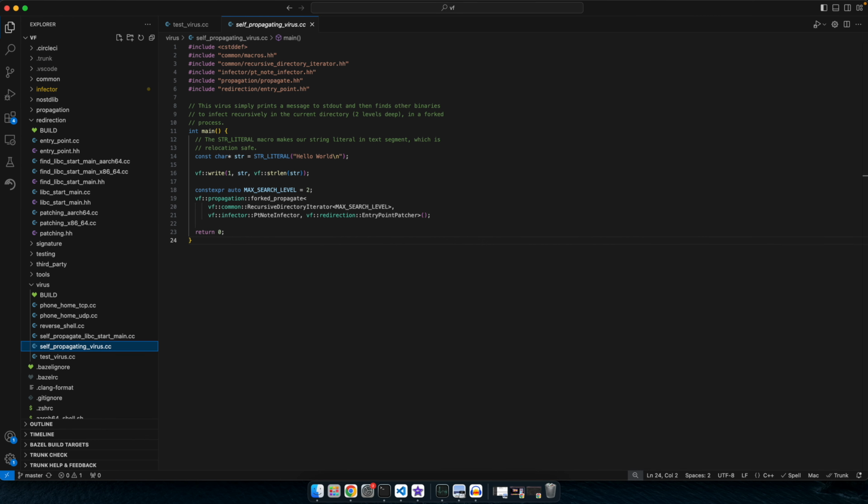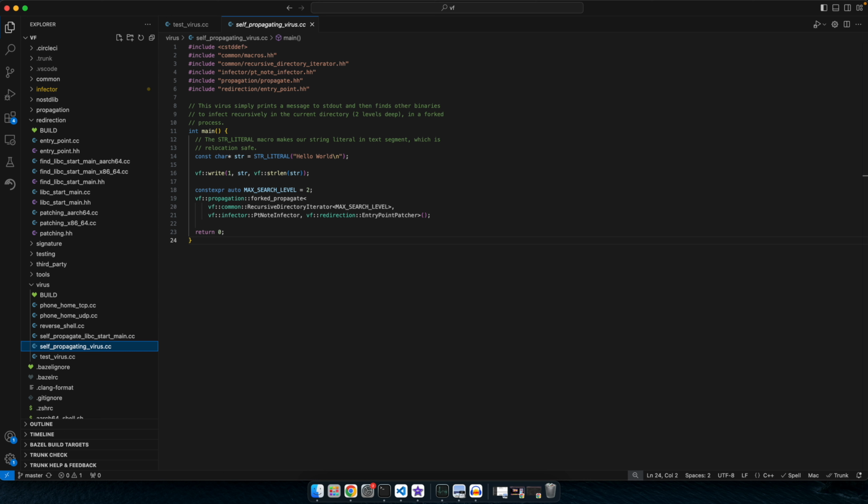We will introduce the virus framework and the files in the repository later in the course and show you how to set things up. The file we're looking at is called self-propagating virus. It contains a main function, and the structure looks pretty much like a normal program. We first define a string literal Hello World, and then perform a write system call that prints the string onto the screen. Then, we invoke this function that replicates all the code here in this main function and infects executables